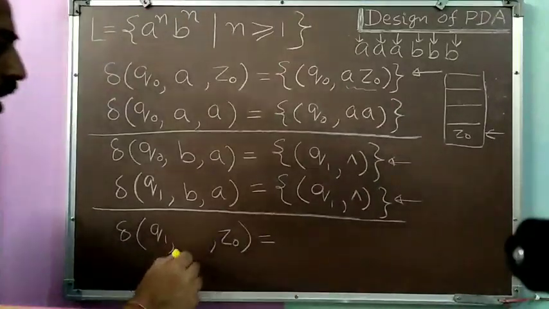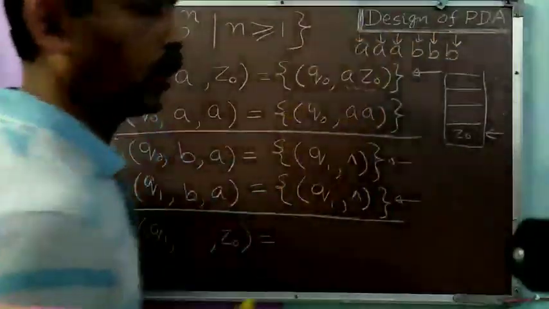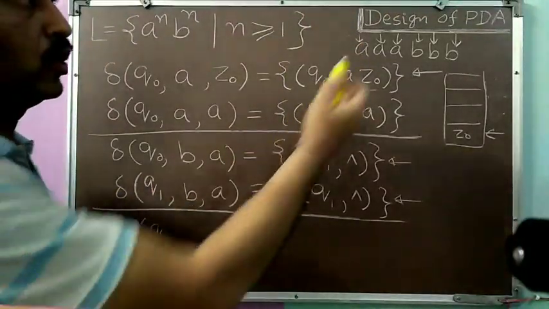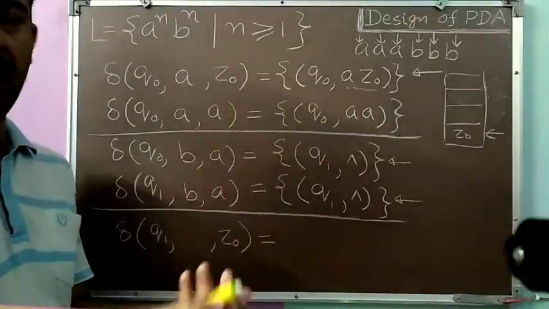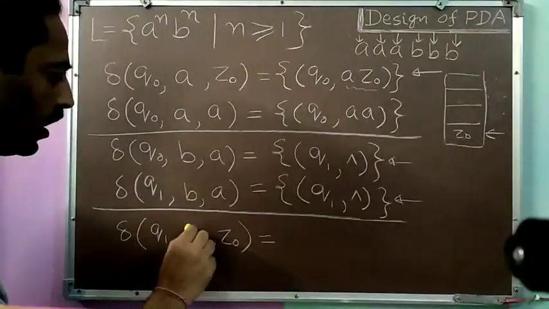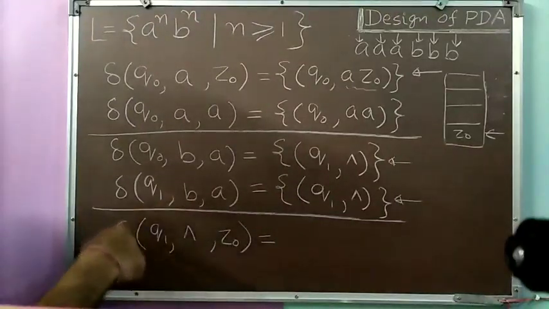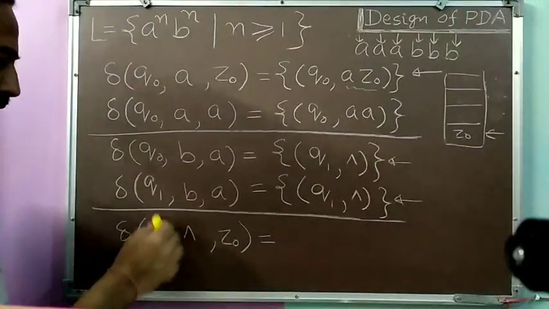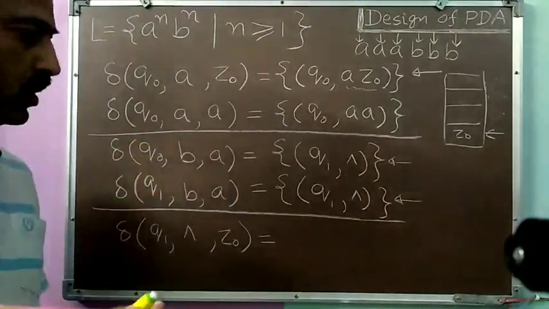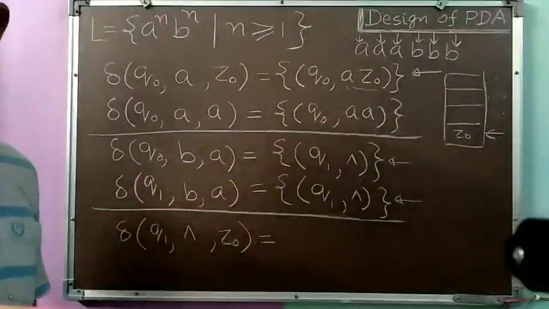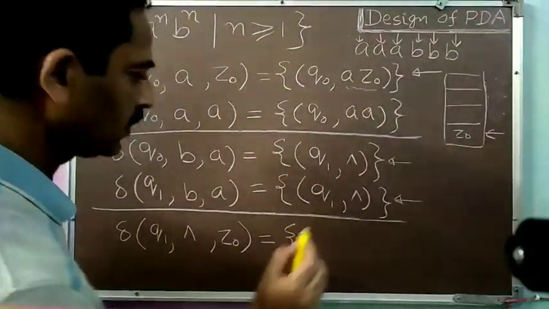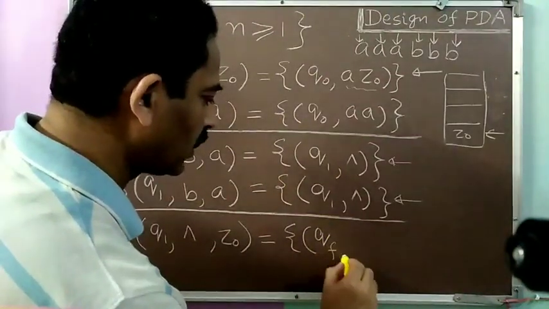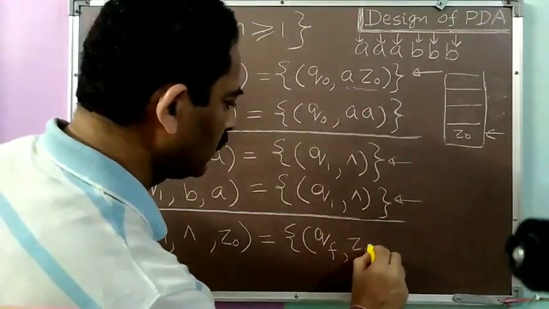Now what should I take from the input? My input has been fully processed, it has been exhausted, so nothing remains to be processed. So what can I take here? I can take only the null. Only null remains, so I will take a null move in such a situation. This is the situation which tells me the success. If I reach Z0 in state Q1, then I have reached success and nothing is left in my input string to be taken. So in such a situation, I will move to the state QF and Z0.